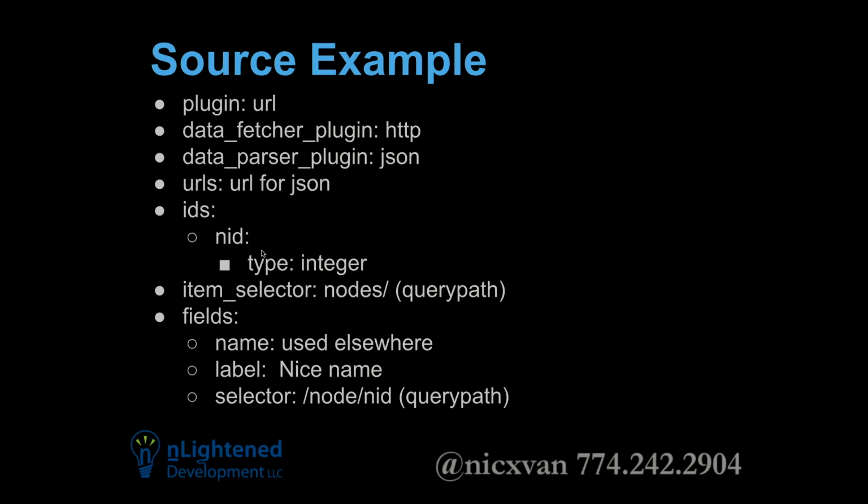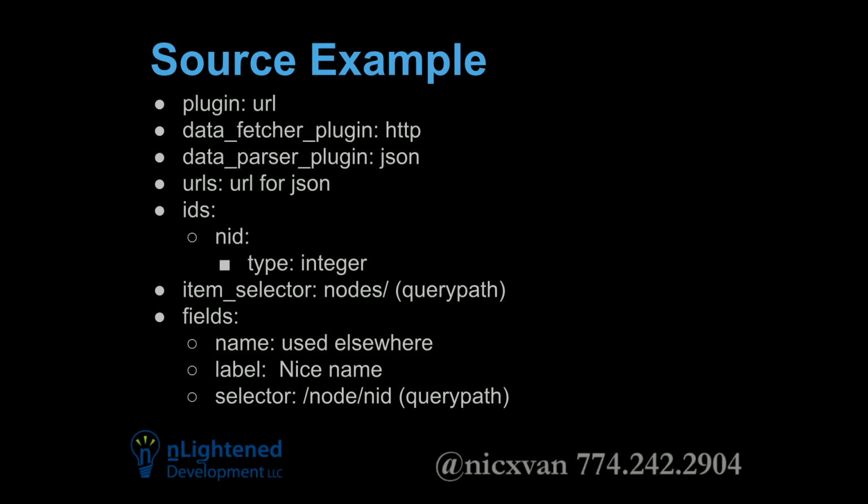And then IDs is the way that the migration knows that it's a unique identifier for each row, usually like NID or FID or something. So basically it knows, hey, this is a new one, this is a new one, this is a new one. And that's how you identify that. You can have multiple IDs. I found that extremely difficult to configure. So that's one of the reasons why I generally use this method, because you can easily create a view and boil everything down to specifically what you need to show,